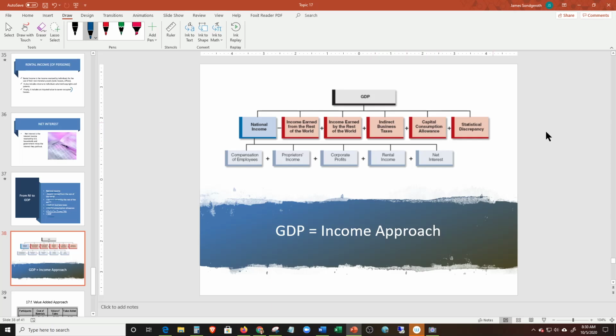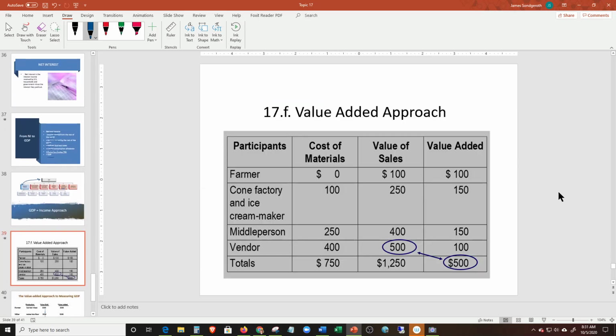We have to add the depreciation. This is what this is, depreciation, statistical discrepancy, and that's how we get from national income to GDP. I said it was going to be a little bit more complex than that simple circular flow shown by the textbook. And now we take a look at the value added approach,